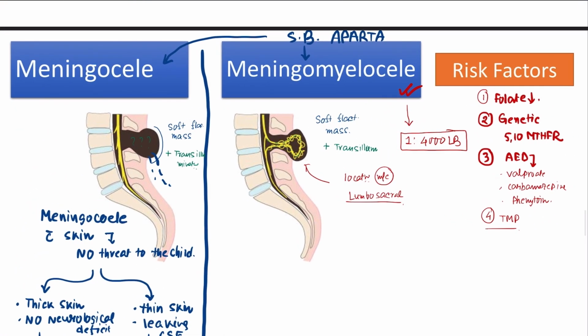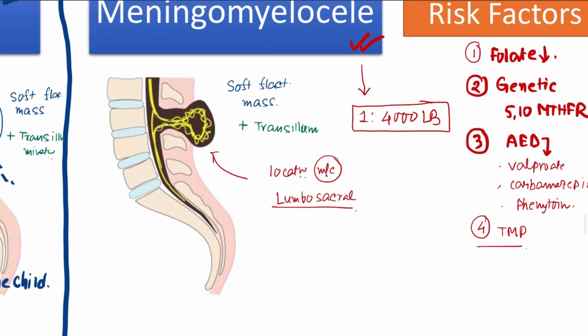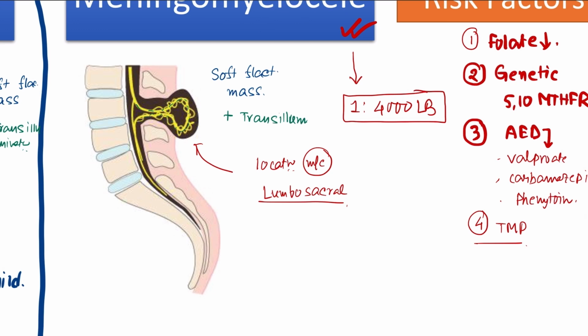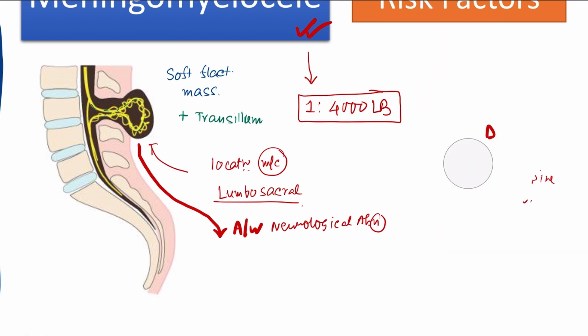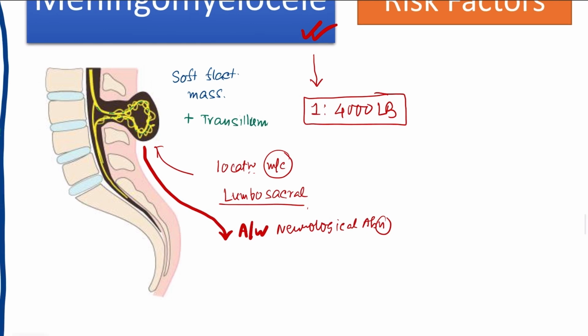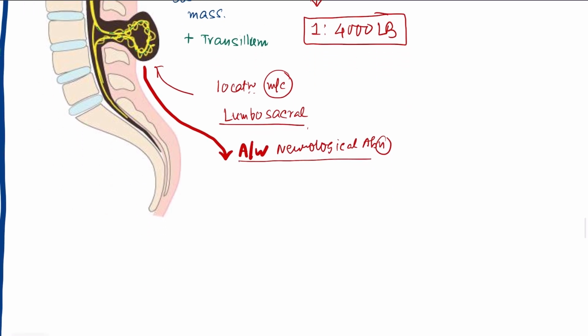As there is invagination of the spinal cord structure within this cystic space, it is usually associated with some neurological abnormalities, like bowel and bladder dysfunction,